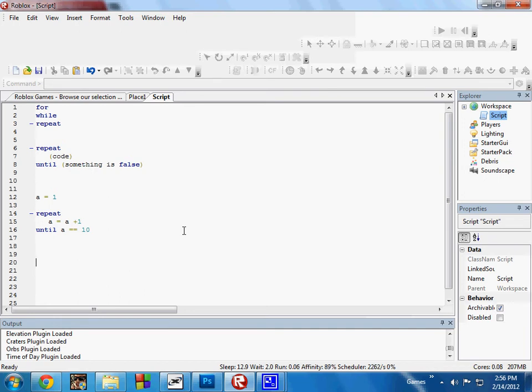So, well, that's basically how loops work. The special word to break a loop whenever you want is break, and I suggest using while instead of repeat, but that's just personal preference. To make an infinite loop, you just set while true do or while wait do. Every loop must have a wait because it just would crash the game if it didn't, because it is constantly running on an infinite loop,